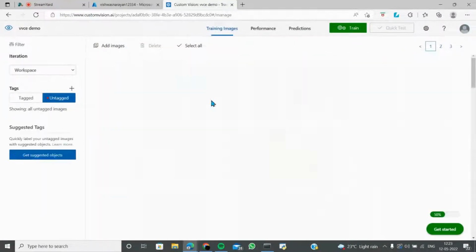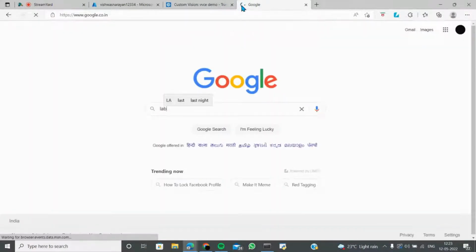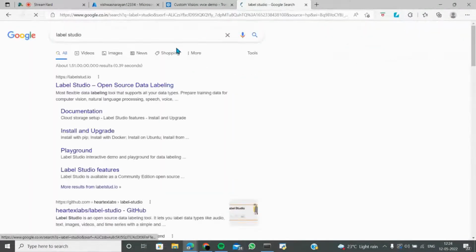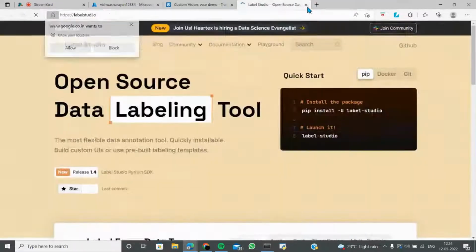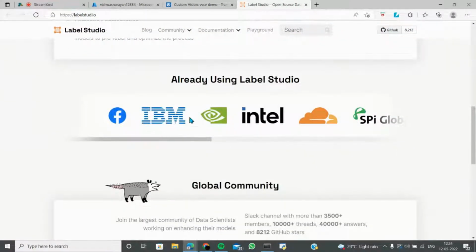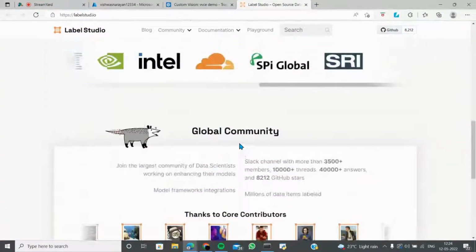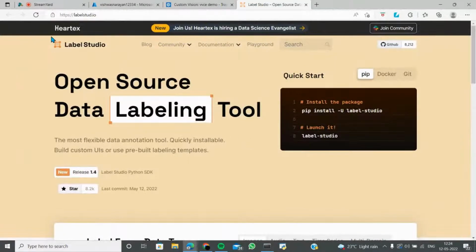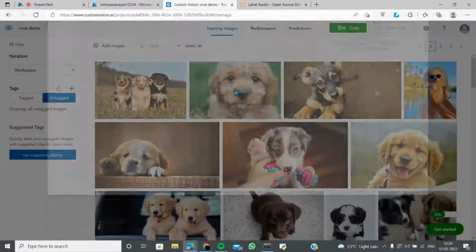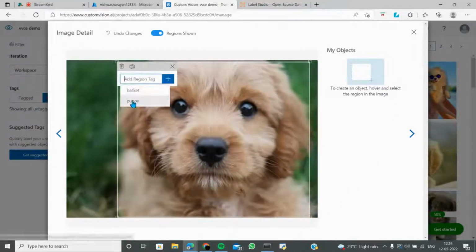What I'm showing you is what happens in the industry. Quick insight: there is a tool called Label Studio. You guys can start annotating your data in real time. You can use text data, any amount of data. Companies like IBM, Intel, Nvidia, S&P Global, Facebook are using it. This is a globally available project, so you guys can start working on it as well. I think there should be automated annotations, but it's not coming in here.